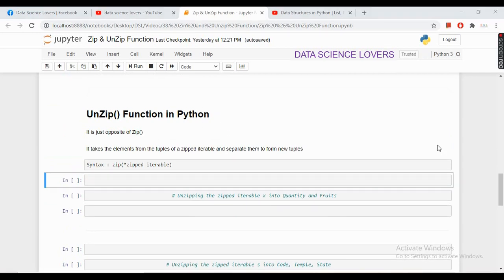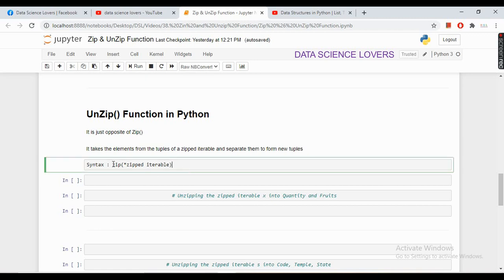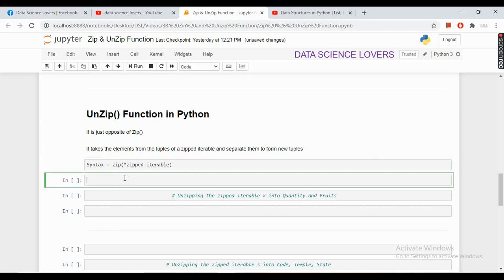Now, the unzip function in Python. This function is just the opposite of the zip function. It takes the elements from the tuples of zipped iterables and separates them to form new tuples. The syntax of this unzip function is zip, and in the round brackets we have to pass the zipped iterable with the asterisk sign here.